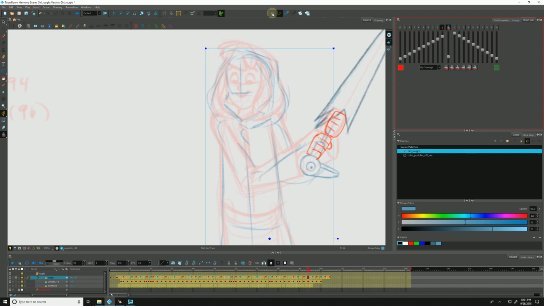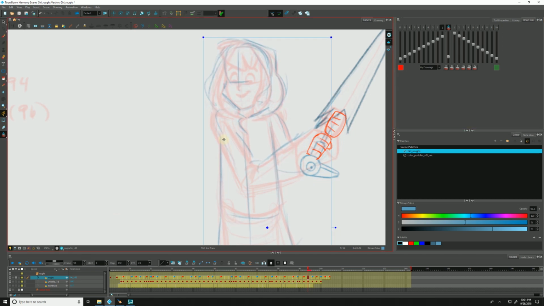We'll turn our shift and trace toolbar on. And I'm going to shift this particular drawing, and I can see already that her head size is pretty off model. It's not exactly in the right place. So now that we have our drawing shifted, I can switch over to my brush. Let's pick a color that looks pretty good. Let's erase that. And now that we have our drawing shifted, we can just trace off of our original,